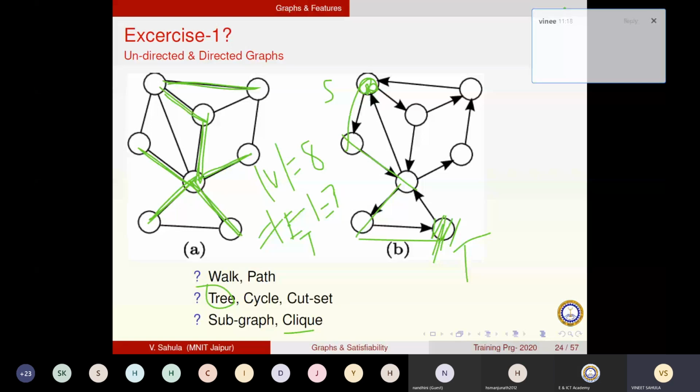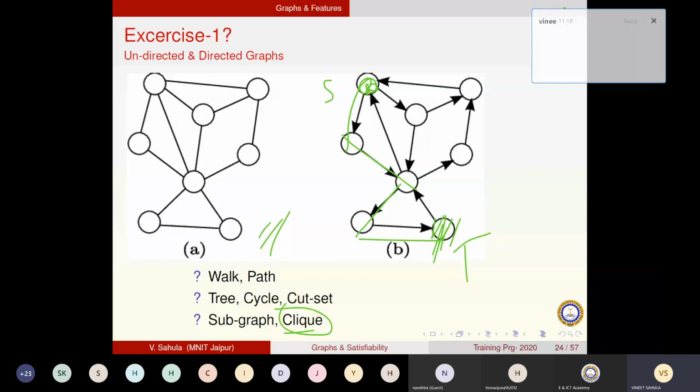What is a clique? A clique is a subgraph. If I have this left side graph, I'm trying to find a clique. I will find a subgraph, a small graph, such that every vertex is connected to every other vertex directly. So I can choose a size 3 graph. I have 3 vertices here. It's a subgraph, and 1 is connected to 2 directly, 1 is connected to 3 directly, and 2 is connected to 3 directly. So this is a clique. A clique is a subgraph such that the vertices are connected together.